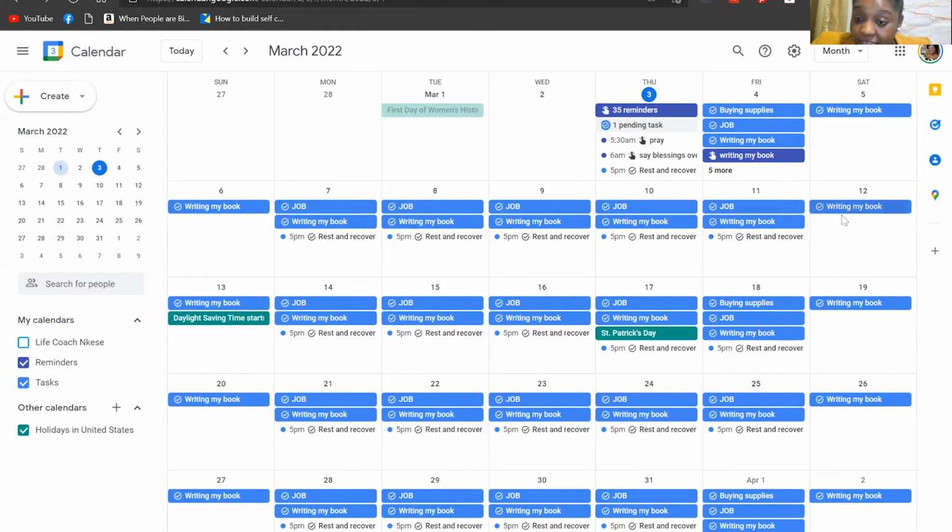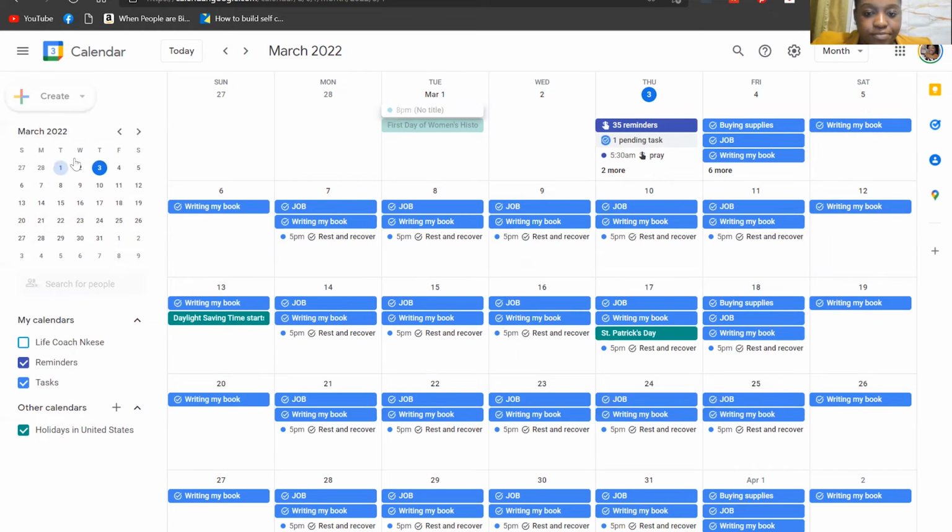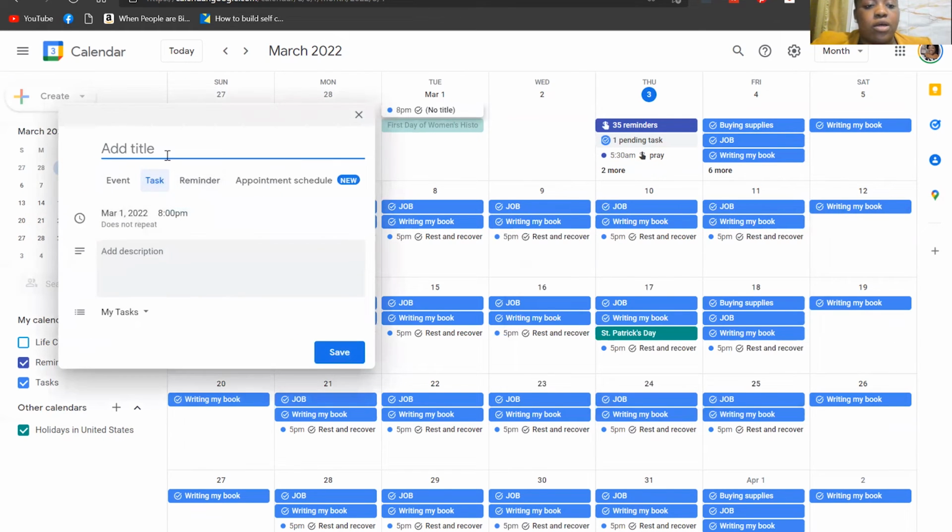Then on Saturdays, we'll create a separate task for rest and recover. We'll just say rest and recover all day. That way you can pick any time of day to rest on Saturday, because we don't know, we might have an event we want to do on Saturday. So we'll just put